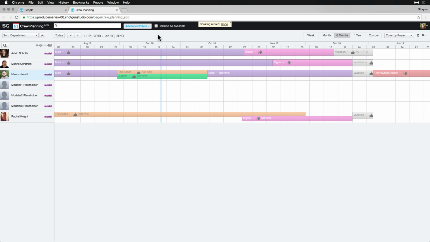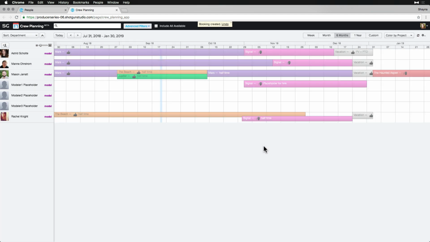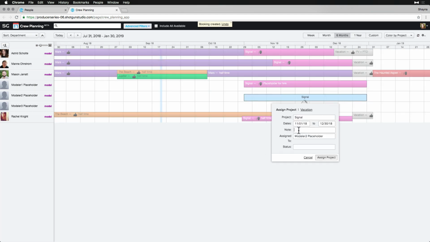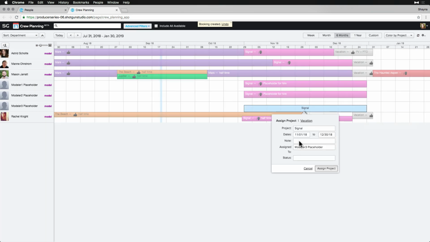Let's start by assigning them to our Signal project when the modeling phase starts, referring back to the project timeline dates. We know we'll want 3 additional modelers working on the first rock sequence awarded. However, we will only need 2 additional artists later on, and then we'll taper off to 1 when the sequence goes into lighting and comp.